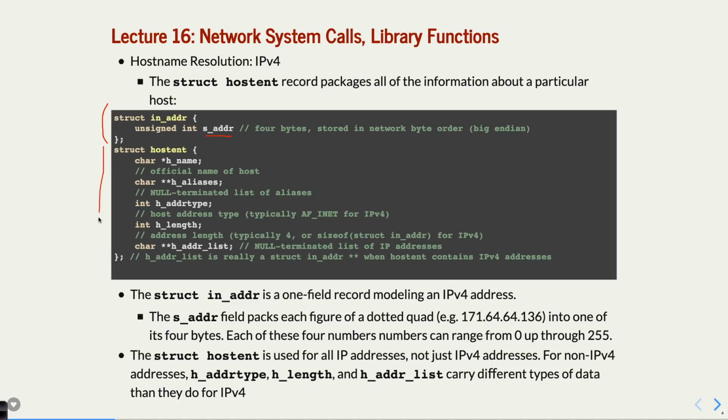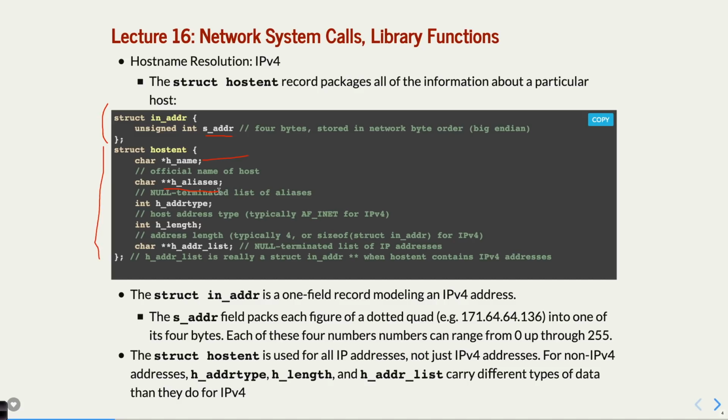And then the struct hostent has a regular old char star. Finally, we get a regular old char star, which is the name. Okay, that's the official name. Turns out, and I'll show you an example, the official name might be different than what you actually type in. A lot of times they end up going to the same IP address, but the name could be a little bit different. Then you have a bunch of aliases, okay, and the aliases are other strings that also refer to the same IP address, okay? So there's like an official one, and there's other ones that do that.